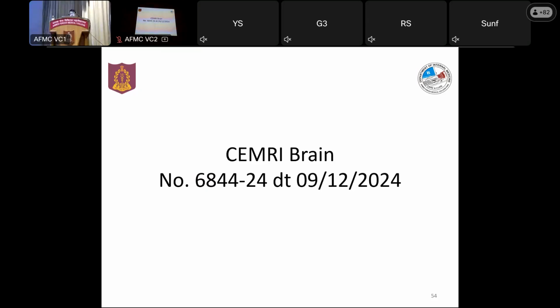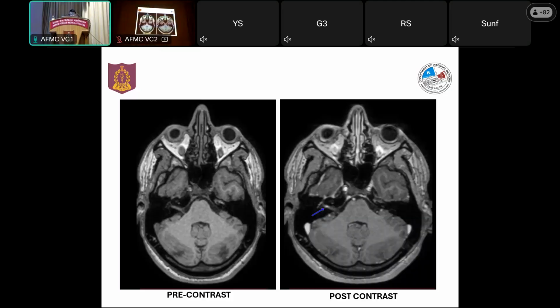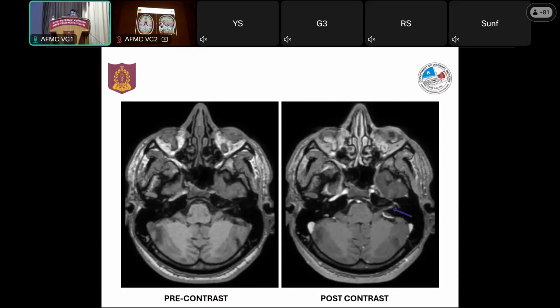MRI brain of this patient was done at Command Hospital, Southern Command. The representative pre and post contrast T1 weighted axial section of the brain at the level of the cerebellopontine angle shows abnormal enhancement of the intracanalicular part of the right facial nerve, and also abnormal enhancement of the intracanalicular part of the left facial nerve. The rest of the neuroparenchyma shows no abnormal